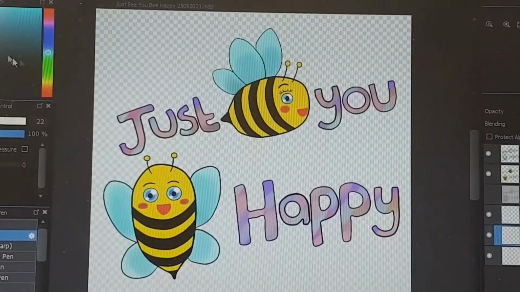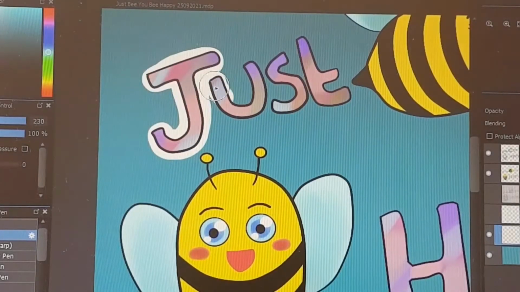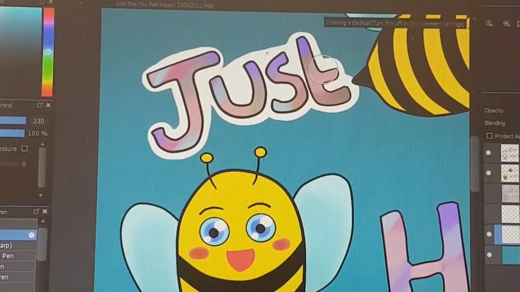And I'm nearly finished with this illustration. I'm going to add a white outline, and then this will be the finished